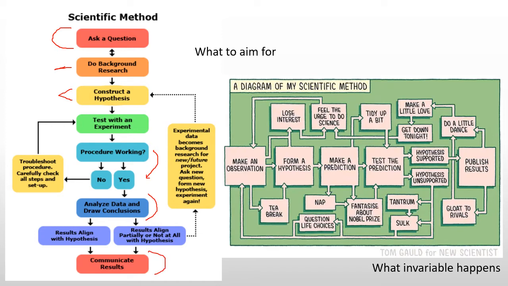If we don't actually get anything working, that's when we have to troubleshoot the procedure, and perhaps you need to do further experiments, or you need to change your experiments. Sometimes also the data don't align perfectly with the hypothesis. So we have to take the loss of importance and go back to the beginning and construct a hypothesis. You will never need to do that for an honors project, because your honors projects are succinct,